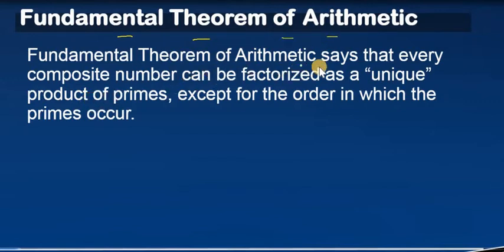The fundamental theorem of arithmetic says that every composite number. Now, what is a composite number? All of you know what a composite number is? A composite number is that which can be expressed as the product of its prime factors other than the number itself and 1. So every composite number can be expressed as the product of prime numbers, and the most important part is this: the prime factorization is unique,